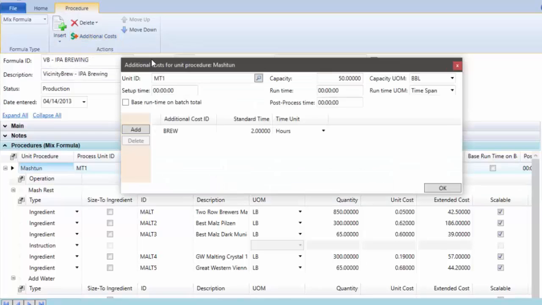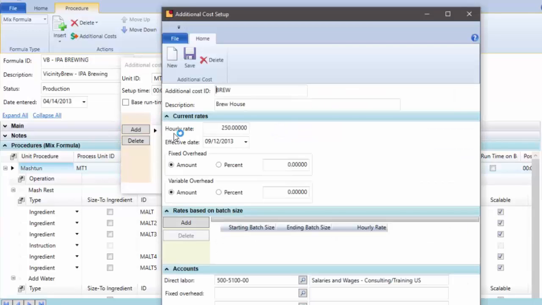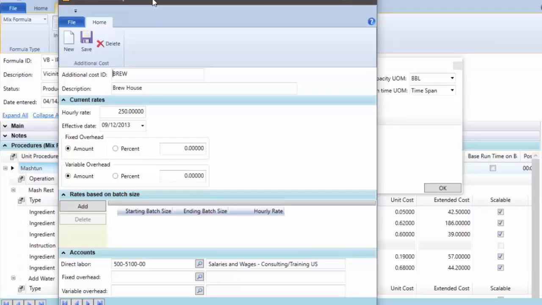In Vicinity Brew, you can have as many additional costs as you would like to add for a process. In this case, I'm keeping it very simple, and I've got a single cost called brew that I am applying to an individual brew. My brew ID is brew, and it represents the brew house, and this would be the cost per brew that I'm interested in applying to a brew log. So every time I brew, I want to charge $250 per brew